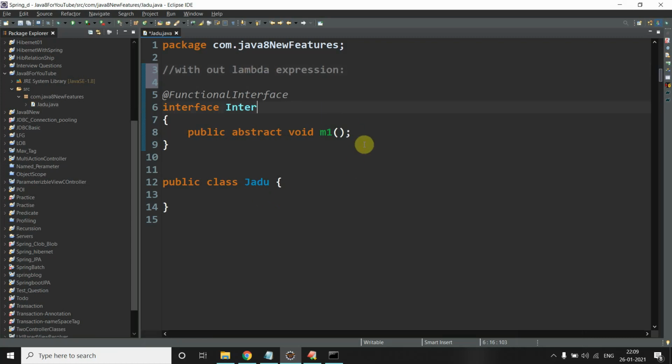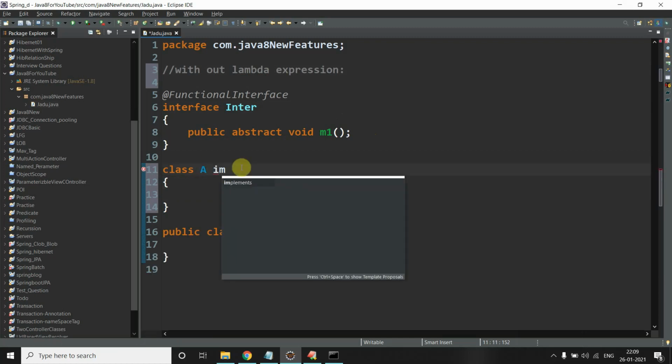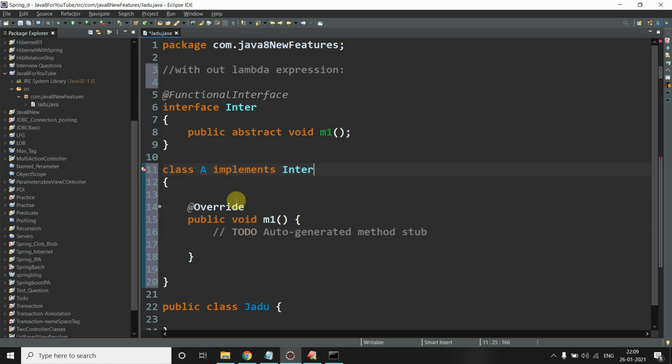I will create another class A and implement this interface, and I have to override all the methods.